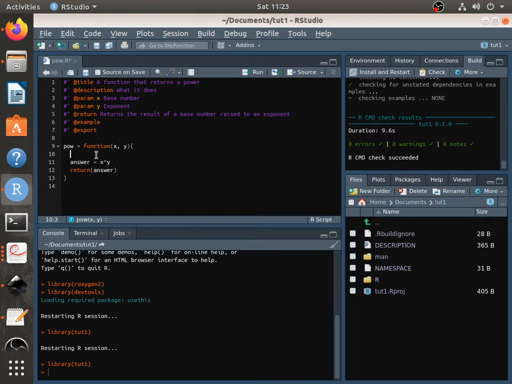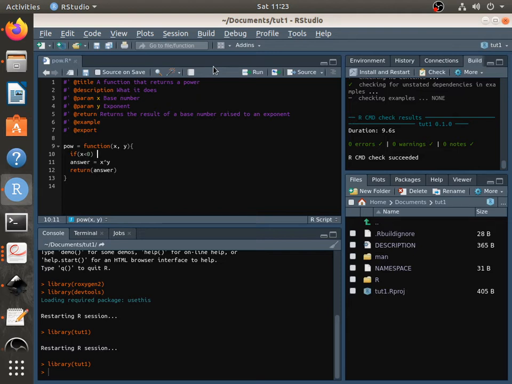So in this example, let's say you want to prevent the user from putting in a negative base number. Before it actually calculates the answer, you can put in an if statement, and then you can say, alright, x, because x is the base number, if x is less than 0,